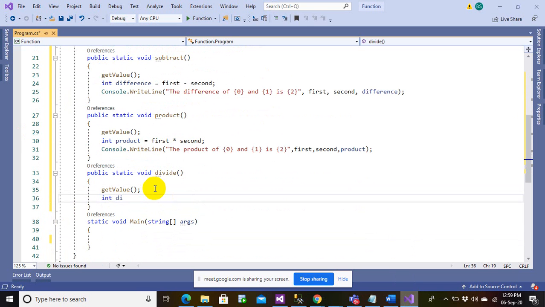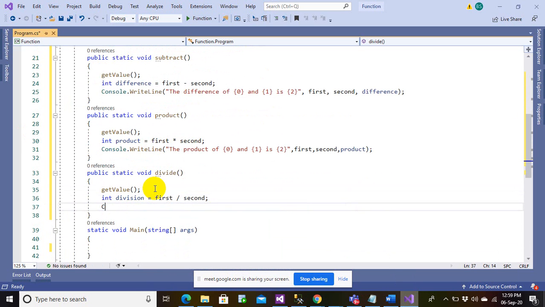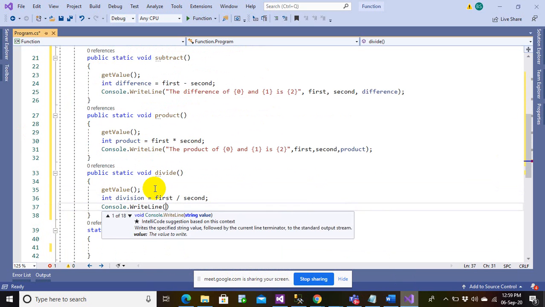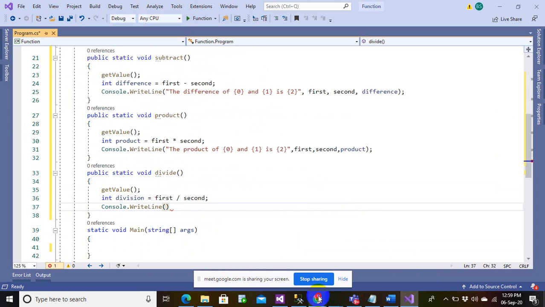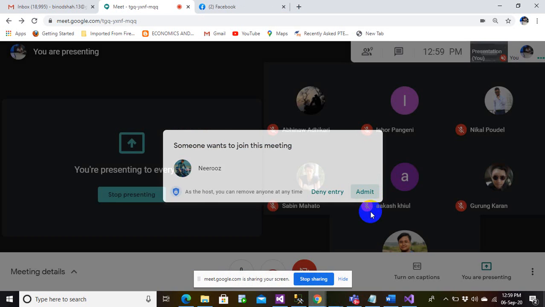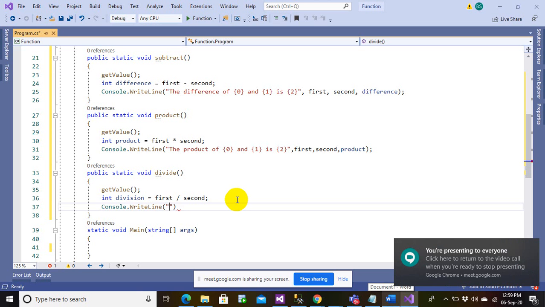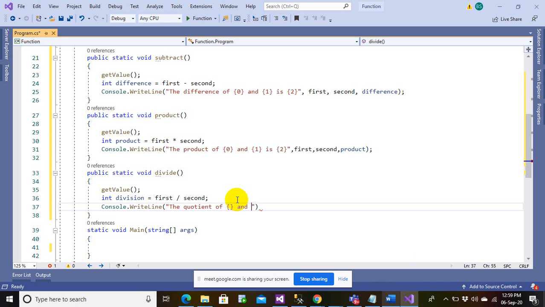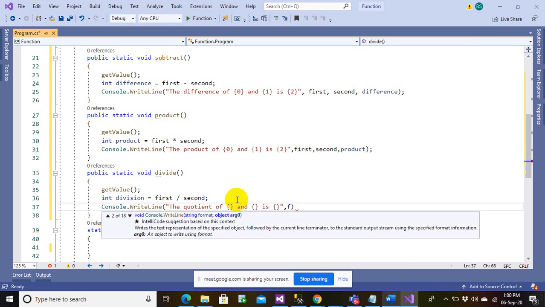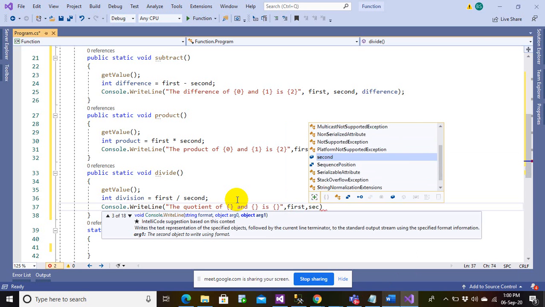And integer division equals first divided by second, and I can simply write console write line the division, the quotient of so and so is so. First comma second comma division.